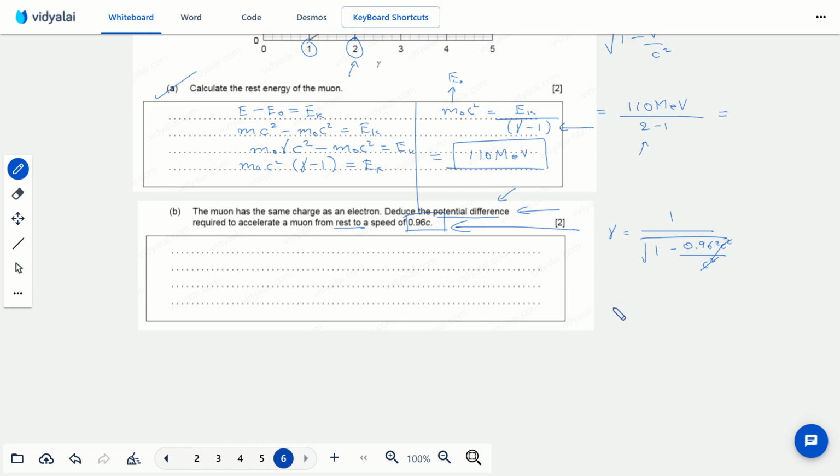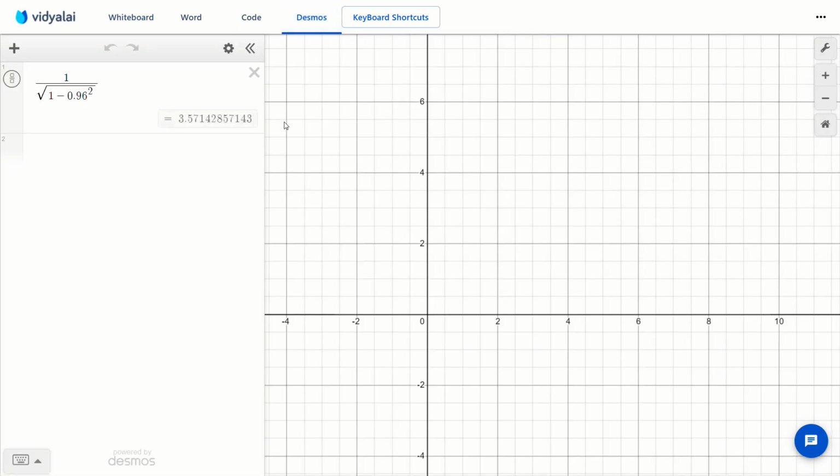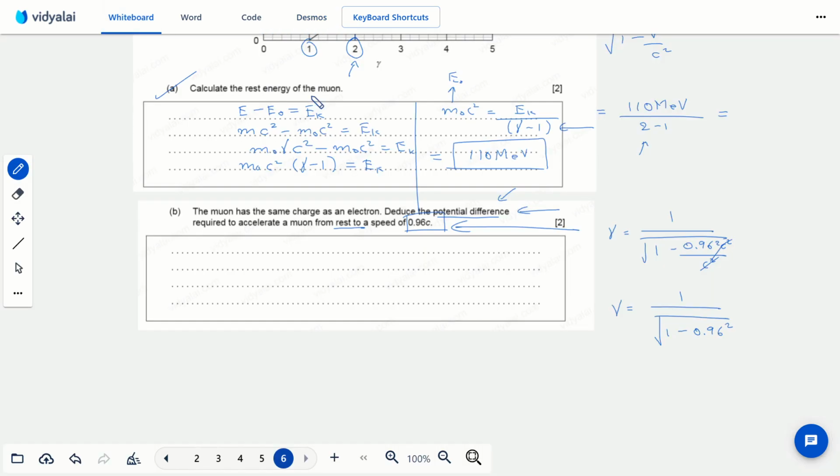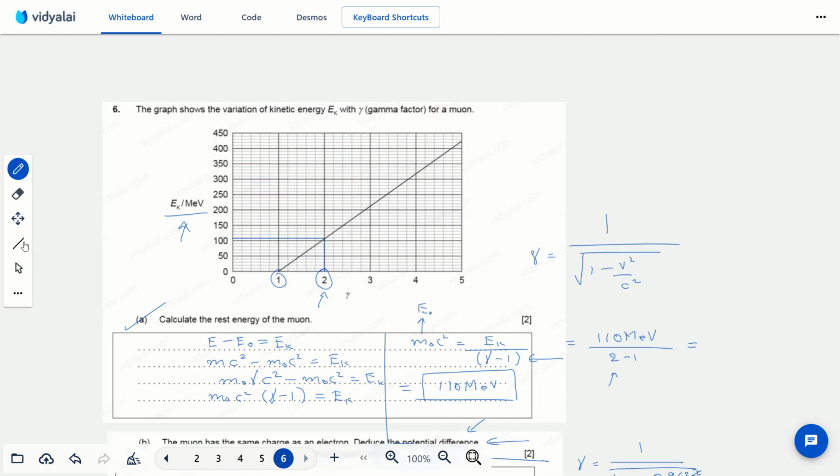So c squared gets cancelled out because it's present both in the numerator and the denominator. So what's left is 1 minus 0.96 squared. I have already calculated this, so it comes out to be 3.57. So 3.57 is its gamma factor, and the corresponding kinetic energy is